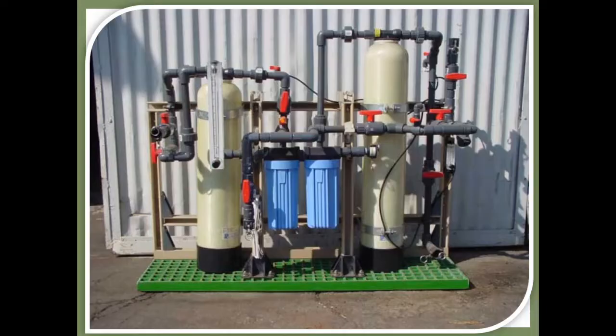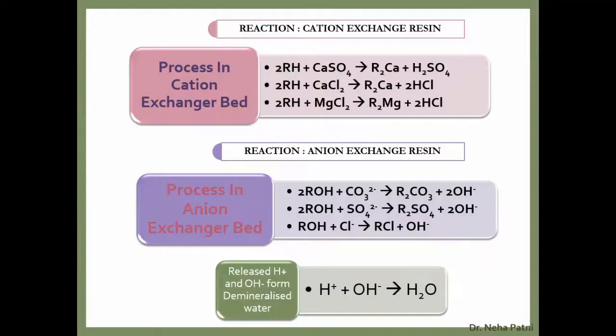So I'll skip. Now this is what it looks like, and again there are two containers, but anyhow you can have a mixed bed deionization possible. That means in a single bed you can have a mixing of anion and cation exchange resin, or you can have one by one, like you have one cation followed by anion, and then regeneration also is done separately. So with that, I would like to tell you that mixed bed deionization is also possible. It is not like always you have to take two separate containers for cation and anion exchange resin.